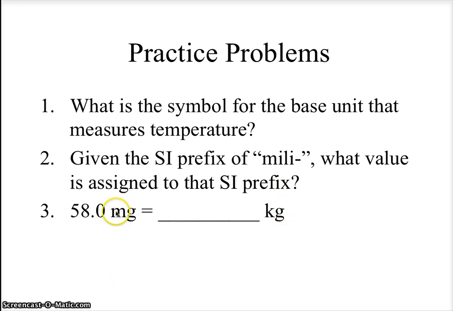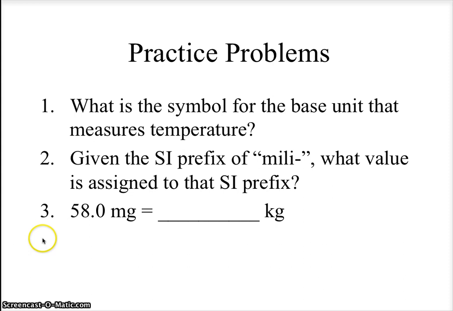Now, knowing that milligram is a smaller unit than kilogram, and that we have to make sure the equation is equal, when we move the decimal point in 58.0, we're going to move it to the left